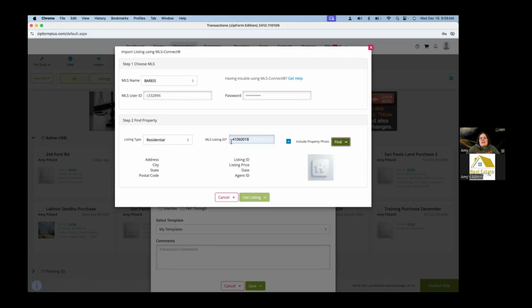Not a big deal, but you plug in your listing ID, you hit find. I always click the button to include the property photo. It'll populate it here. And then what happens is it'll also populate the address here. It'll show the list price, date, and agent ID. Then you just click